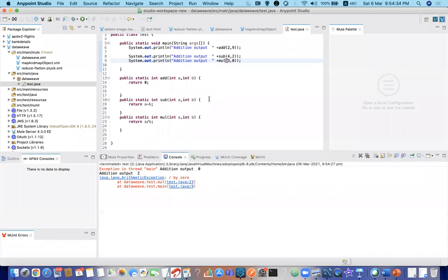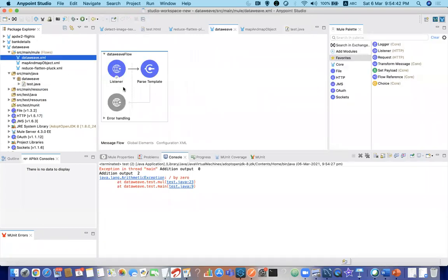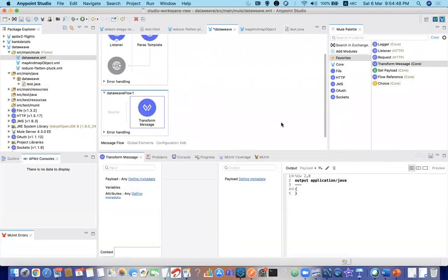So every time I want to check whether my syntax is correct or not, I have to run my application. But DataWeave has this wonderful preview feature that you can make use of. For that, just drag and drop your transform message. Again, I'll say sometimes the DataWeave preview feature will behave differently, but the best practice based on my experience is to drag and drop a transform message into a separate flow whenever you want to test some logic. Don't keep anything else before or after this transform message. Just drag and drop it in a separate flow, and before clicking on preview, set it to JSON. It will give your result quickly.